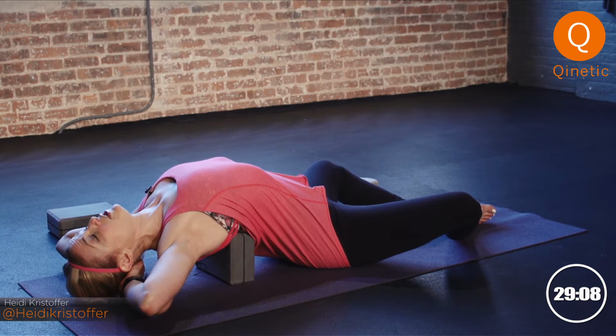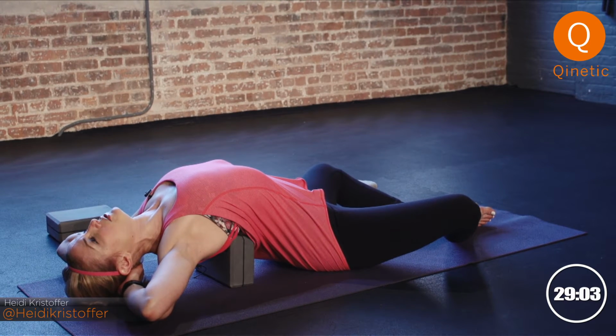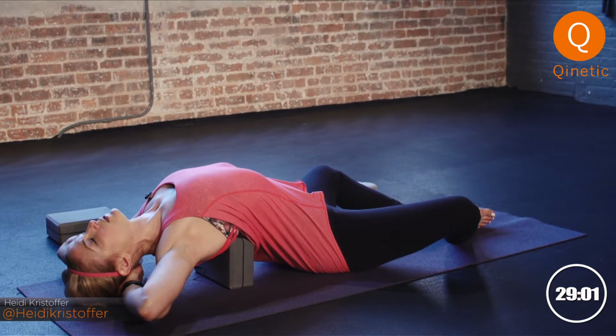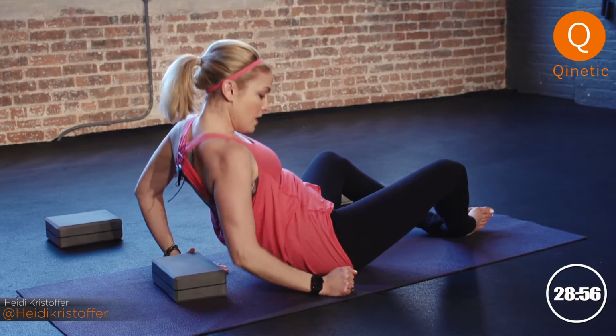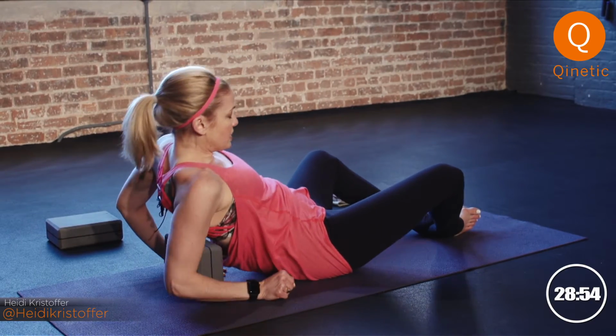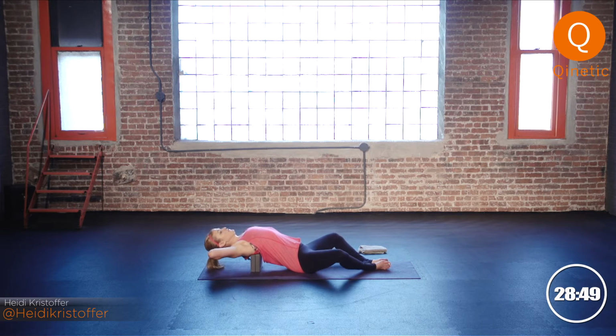This is my favorite way to open your thoracic spine at the beginning of a yoga session, routine, class, whatever. And if you feel like you're too low, just wiggle yourself up. Or if you feel like you're too high, just wiggle yourself down. Just make sure you're nice and even on that block. Make sure it feels good, make sure it feels secure. It should feel awesome on your shoulders. It's basically the counter movement to sitting at a desk all day. You know, you're all hunched forward and everything, so this is you opening that beautiful chest of yours and just